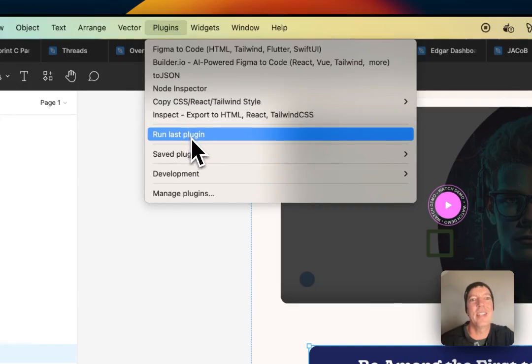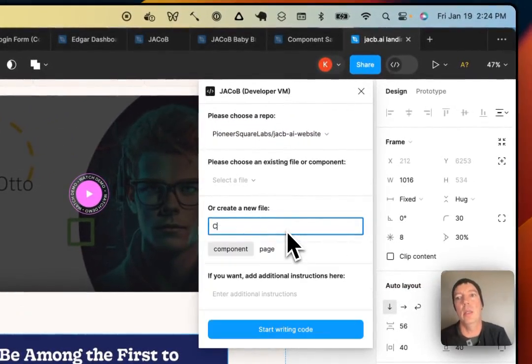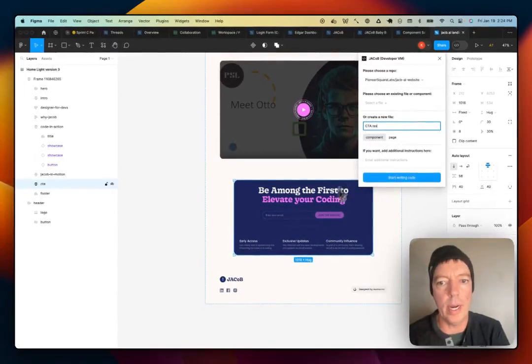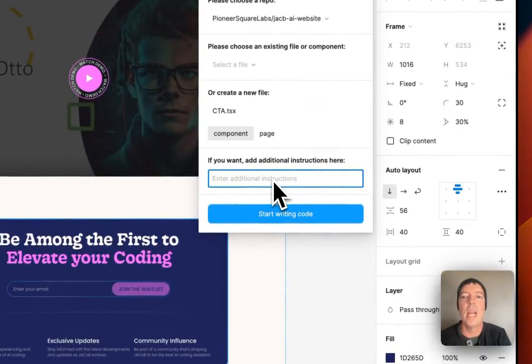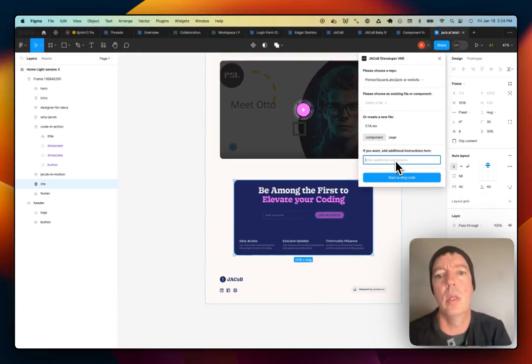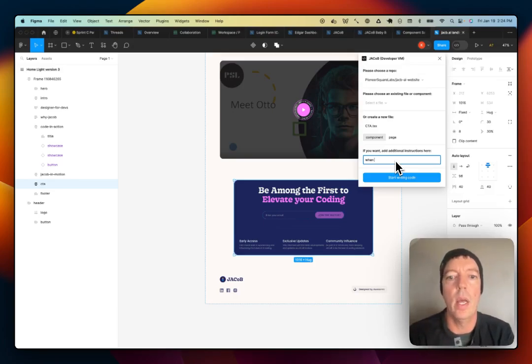I run this guy. I need to figure out my keyboard shortcut. Okay, it's our site. CTA. All right, joining the wait list. Entering. So this is actually a form. Yeah, in this case, how about this? What do we actually want to do when the user hits this button? Okay, you want to enter your email, join the waitlist. We'll probably just set up an API endpoint to capture that email and add it to a waitlist in the database. And so let's go ahead and just explain this, just like we would if this was a junior